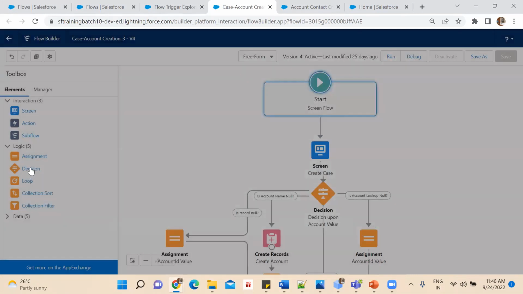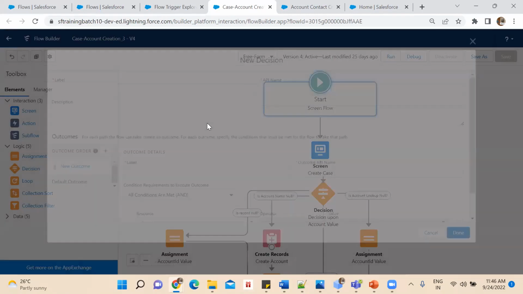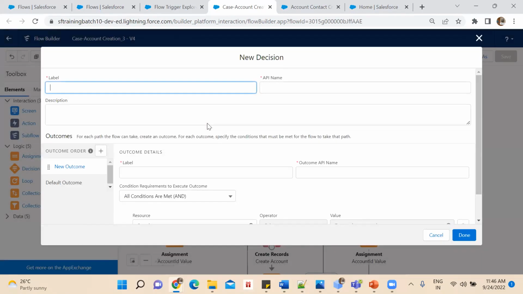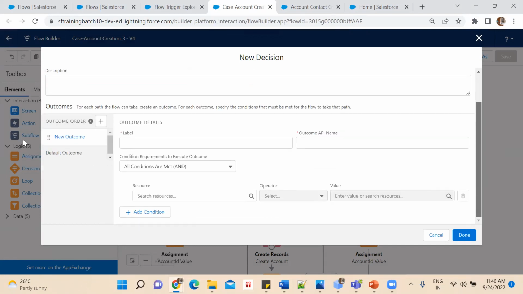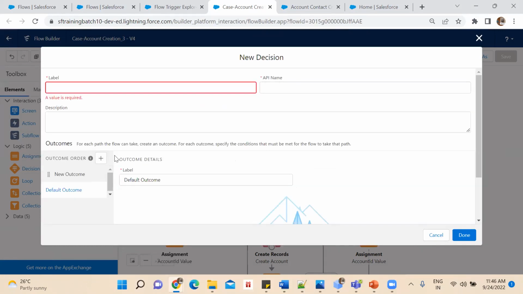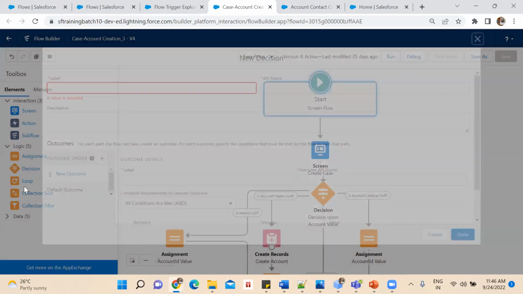Okay. Decision element, this is the alternative of your switch case or if else conditional rendering, or you can say the condition part, right? If you see in your Apex or in your LWC also, there is something called an if else block, right? The same thing is available here. If this condition is met, execute this particular logic, or else the default outcome. So else is the default outcome. So the decision element is nothing but the if else condition that you use in your coding.